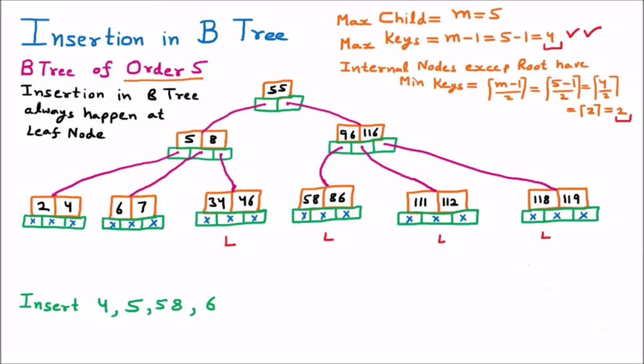So this will be the final B tree which will come after the insertion. Here we have performed the 4 insertions: 4, 5, 58 and 6, and we have seen that there are different types of insertion. There are some insertions which will not affect any level, but there are some insertions which will affect 1 or even 2 levels, so that the B tree can expand towards the top side. Here from the leaf node we insert the node, and whenever the criteria is not followed, the B tree will grow to the upper side.